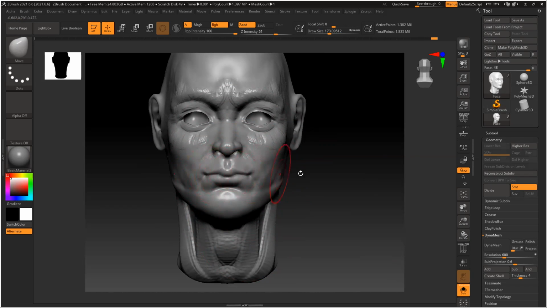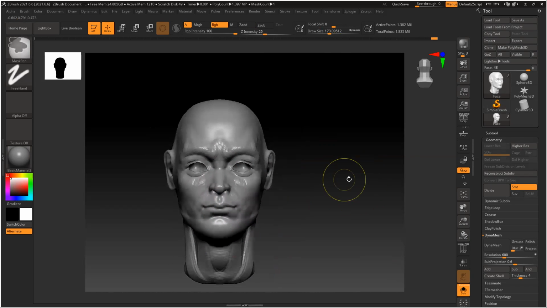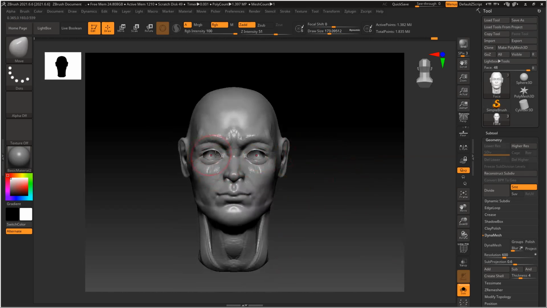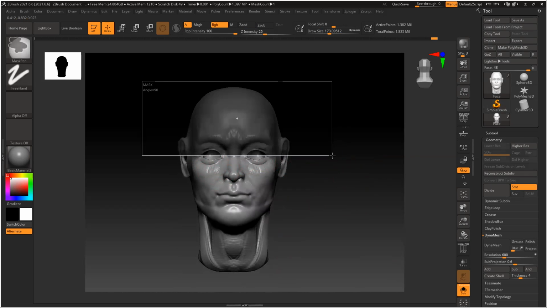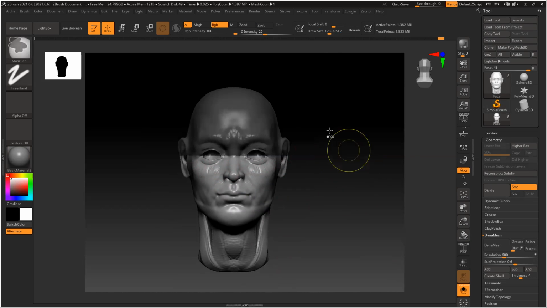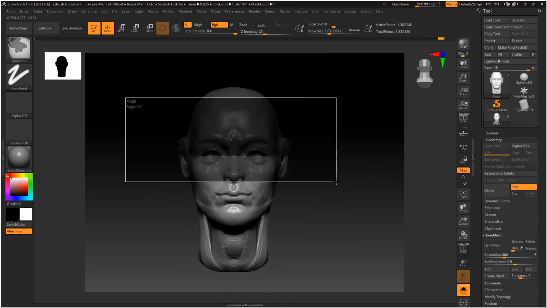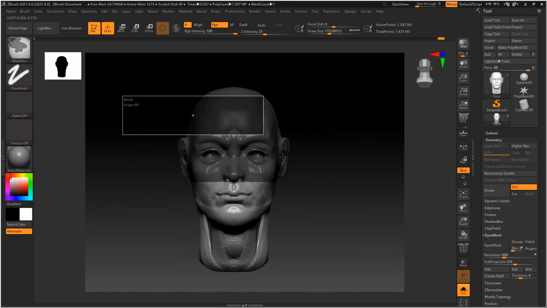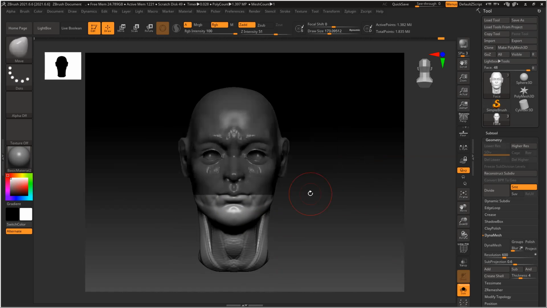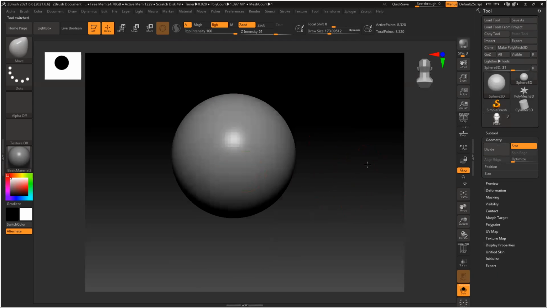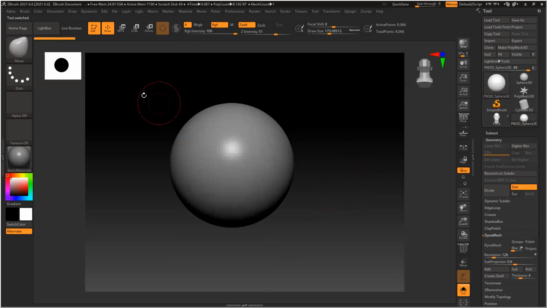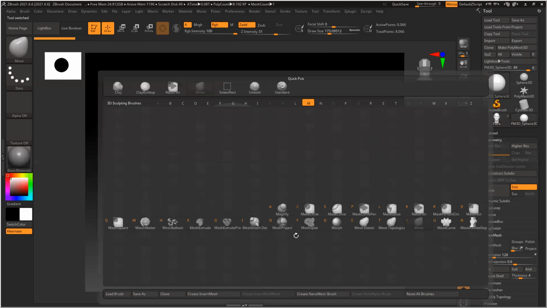So the basic proportion of the face: the eyes are almost at the half, midway of the skull. Whatever is left, half of that is your nose, then half of what remains is your lips. Calculate it like this. So we have a sphere. If this is your head...